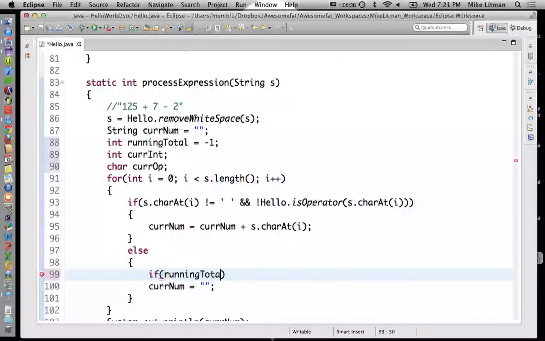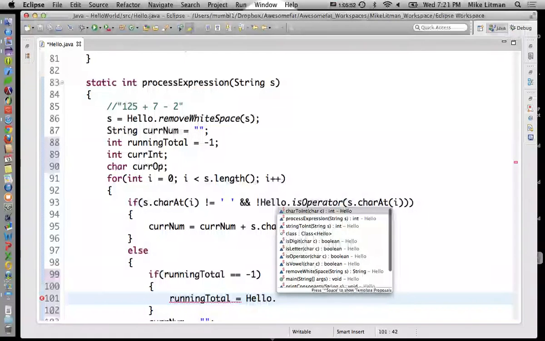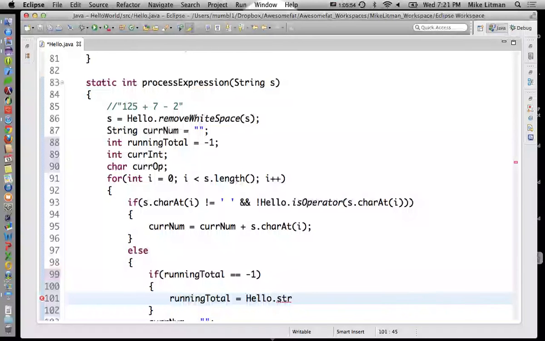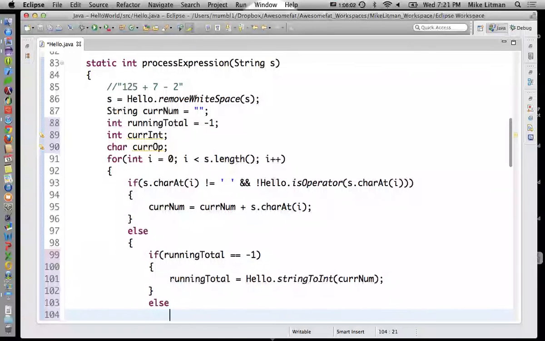If running total is currently equal to -1, which means that we haven't actually put a number in there yet, then we're going to set running total equal to hello.stringToInt of curNum. Else